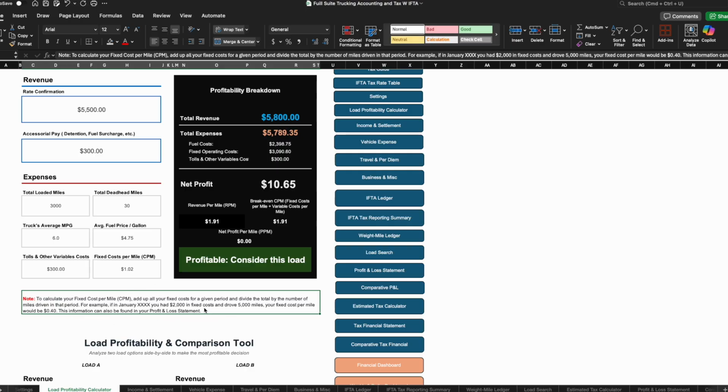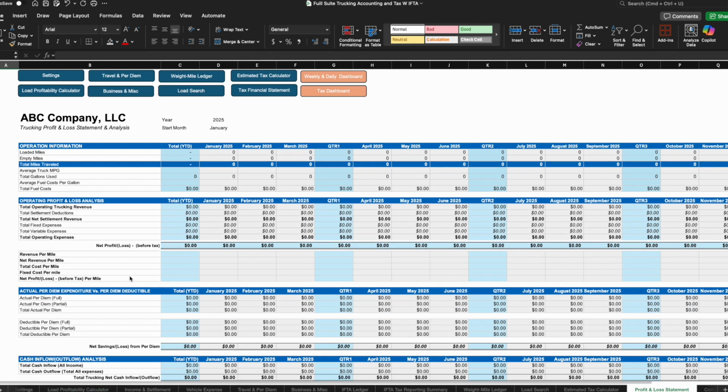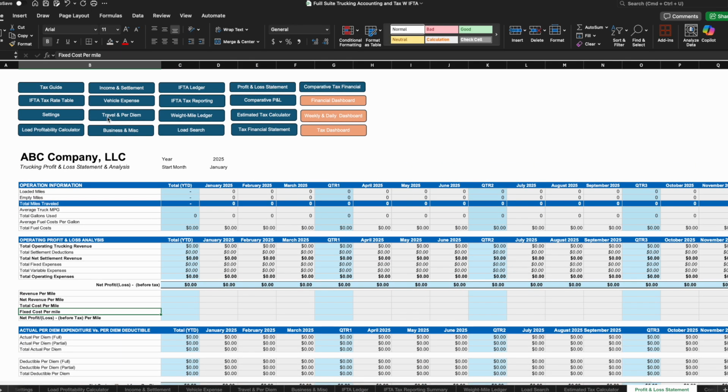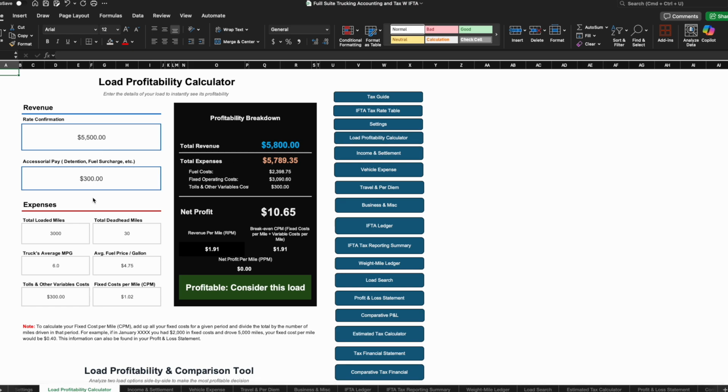And the other thing you can do is get the fixed cost per mile from your profit and loss statement. You can see here there's a fixed cost per mile. So you can use that as well if you want to use this calculator, all right? But basically, after you enter all this data, you can see it tells you whether this load is profitable or not, right? It says here it's profitable, consider this load, because your